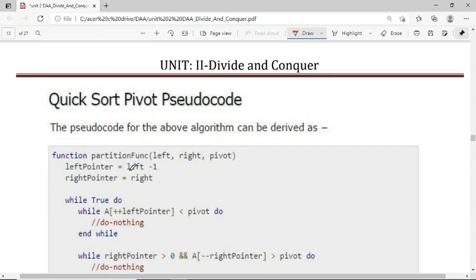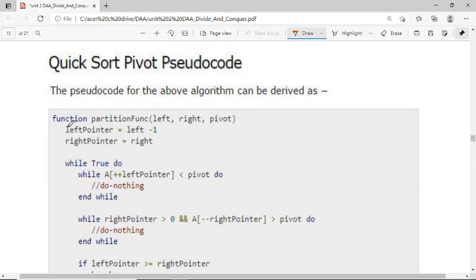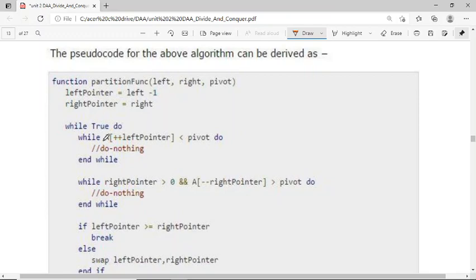And here, if we see the pseudocode, partition function, left, right, pivot. Left pointer equals left minus 1 and right pointer equals right, while true. Then do: while ++left pointer is less than pivot, do nothing, end while.